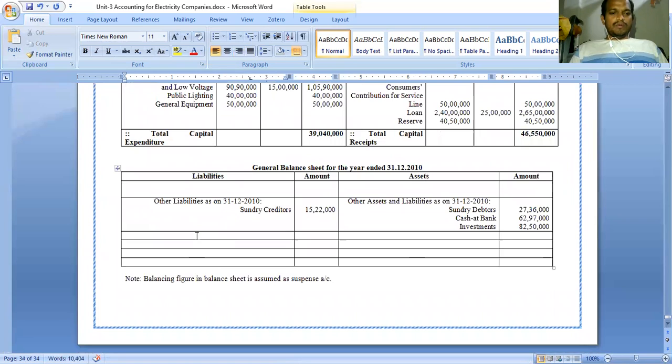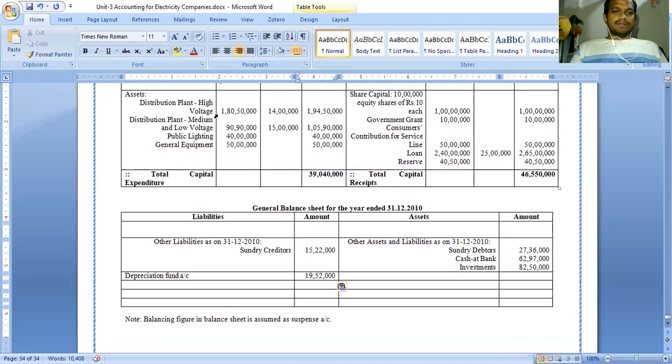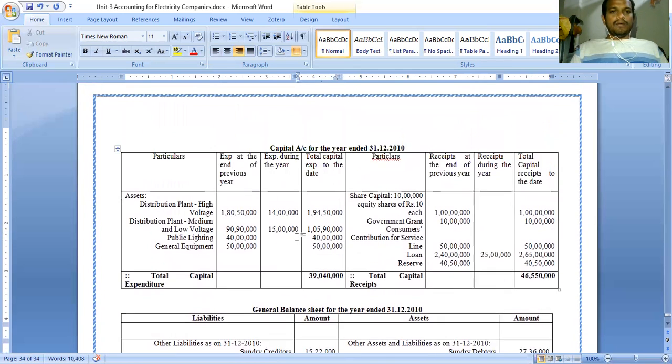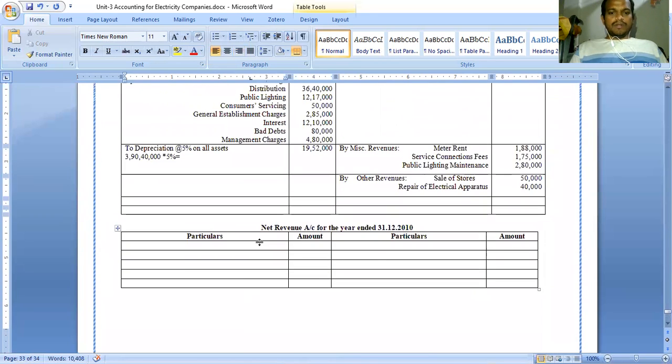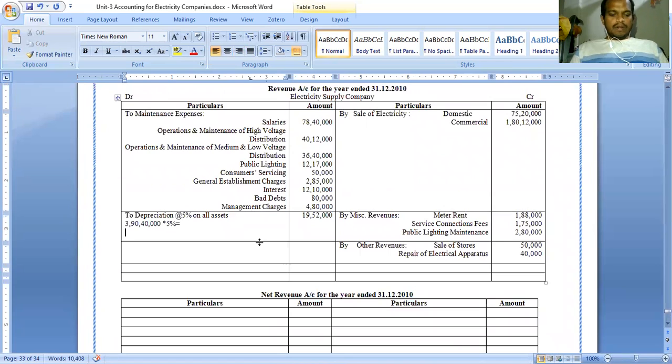So immediately we'll go to the general balance sheet, depreciation fund account. So it is 19 lakh 52,000 because there is no opening balance of depreciation fund. So whatever we have to post here as a depreciation fund. Why? Because we are not going to deduct it from the assets. Okay. So we charge the depreciation and okay, let us finalize the